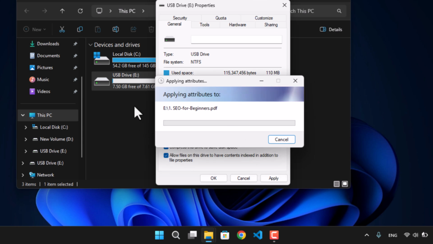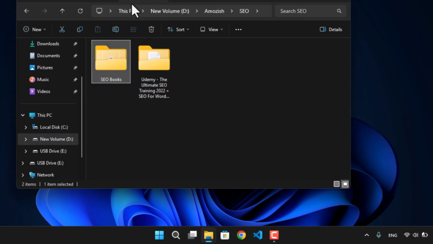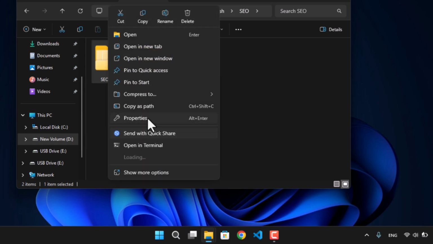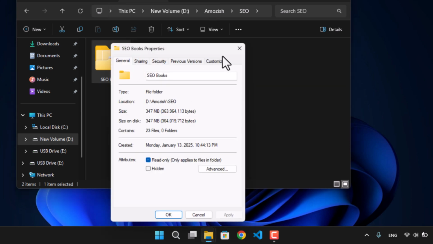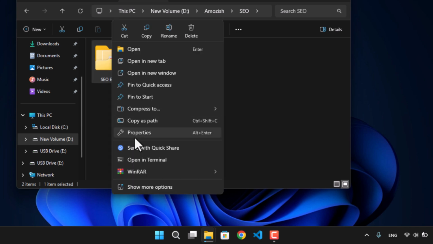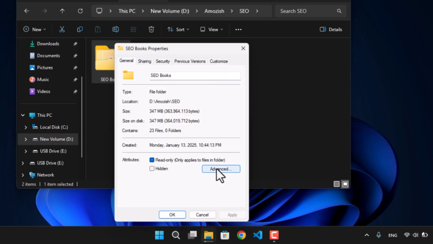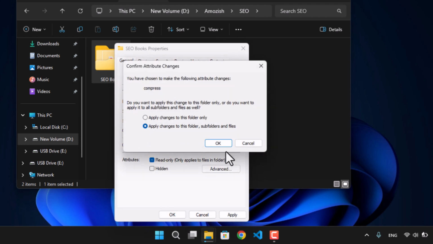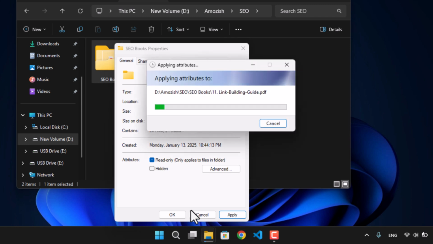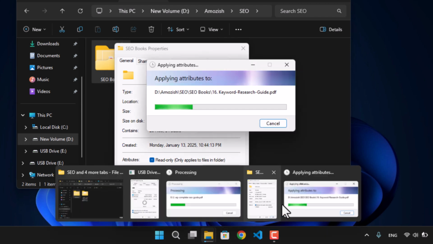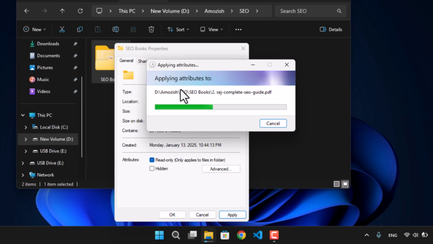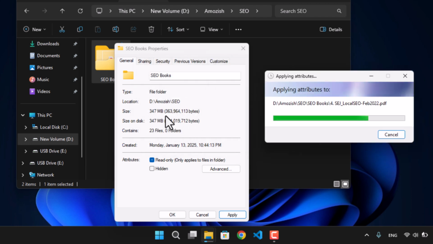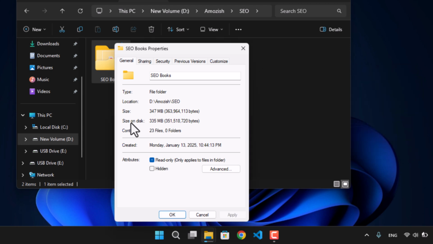Now similarly, you can also compress a single file. There's also these books that I have. Let me go ahead and compress them again so you can see how much it's going to save you data. Again, advanced option, compress the contents of this disk, click OK, apply, OK. Here you can see this is the default size. So as you can see, after the compression, it has reduced around 12 MB of the 12 MB for these